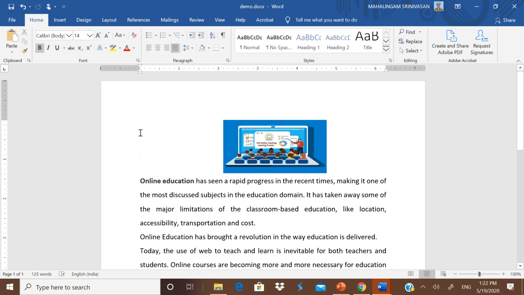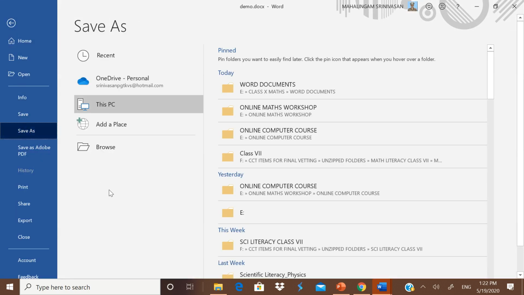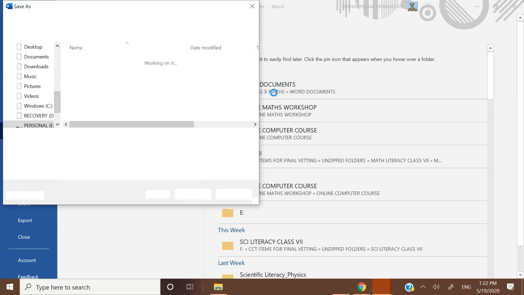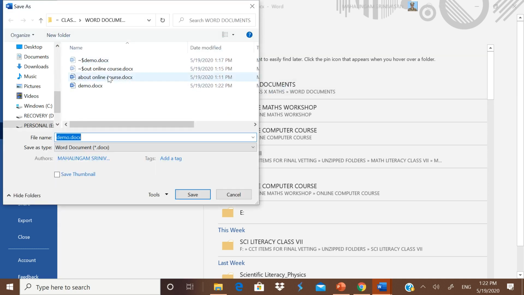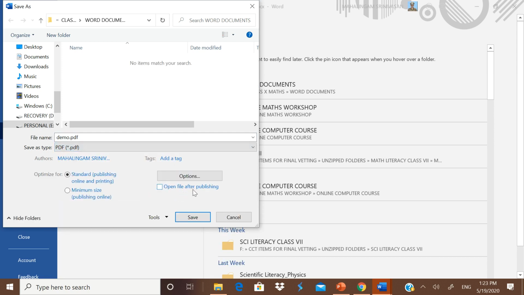It is very simple. After all your work is over and the file is ready, now save it. It is a better practice to save the file whenever you are doing the job. Okay, now go to File, go to Save As. There are certain computers where you can directly save it as a PDF, but I am telling the way to do it in a normal way. In the Word document where I am working now, the class 10 mathematics, I am going to save this as a PDF. In Save as type, go to PDF, select PDF and then click Save.